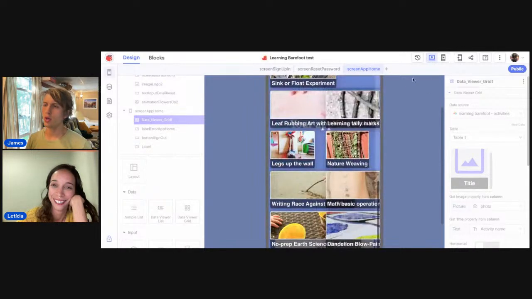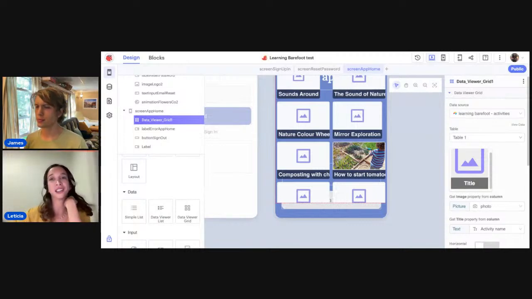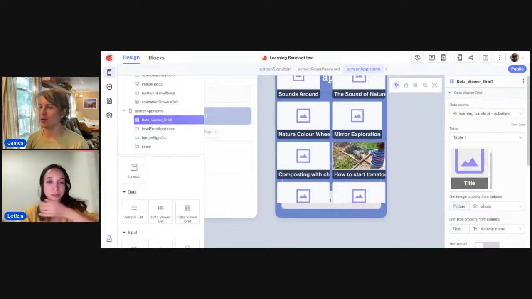So we can come up with a placeholder image, but I really like that it worked right away with the images. I'm excited. Actually, I'm feeling more on top of things this time. Well, it looks really good, what you have.